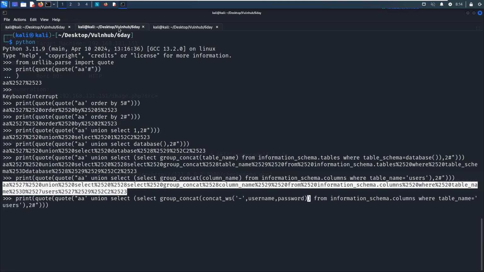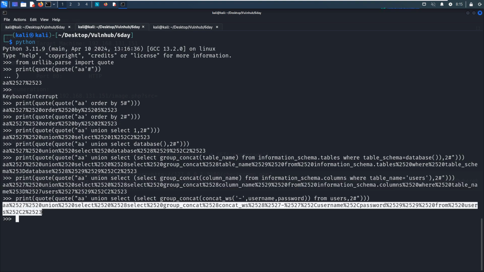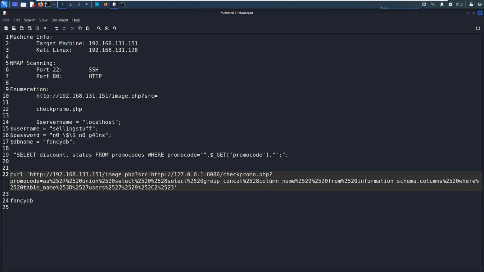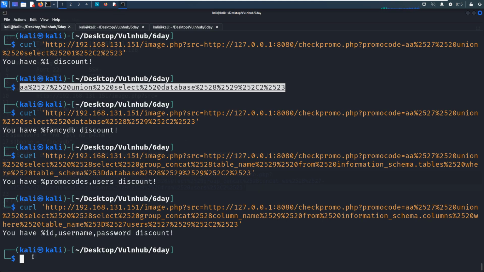Okay, and from the users table, because we have already got the table name, users. Okay, that's it. And now we can copy and replace this part and copy and run it in the terminal.